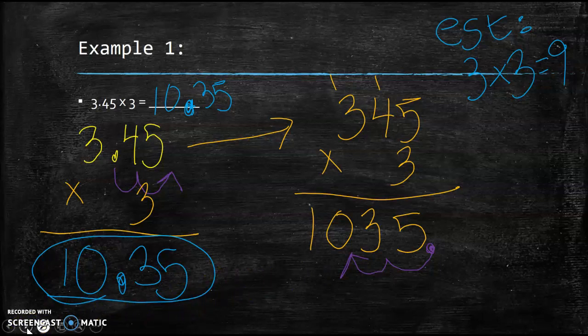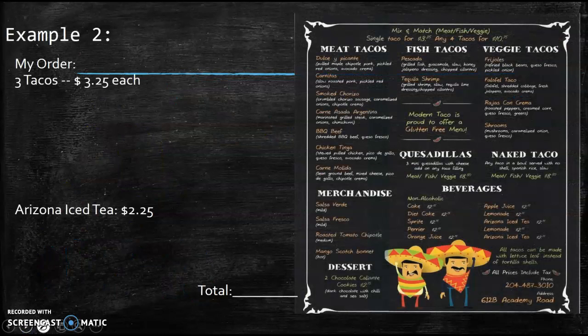All right, let's look at another example, a real world example. I still have Taco Tuesday on the mind. So we have a taco place, and I'm ordering some tacos and an iced tea. So this is where you're going to be using this in real life. If I want 3 tacos and they are $3.25 each, plus my iced tea, how much is that going to cost me? So I'm going to figure out